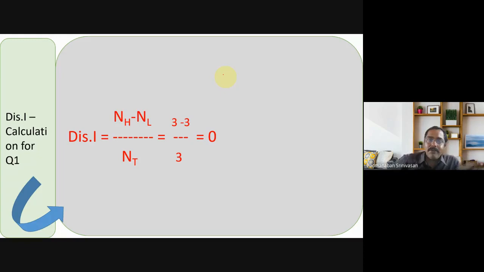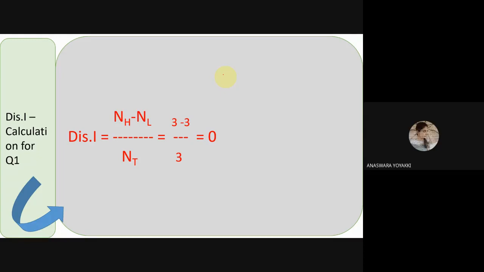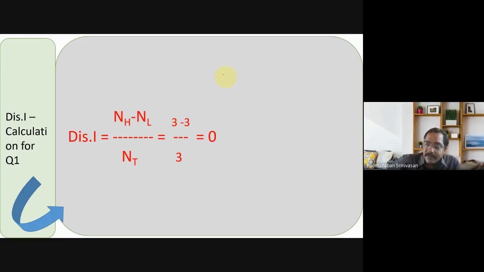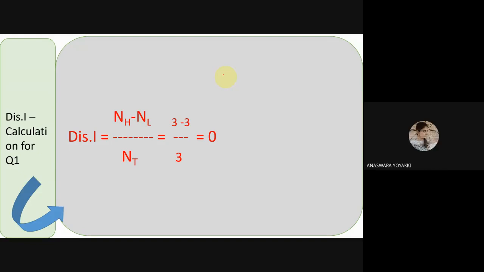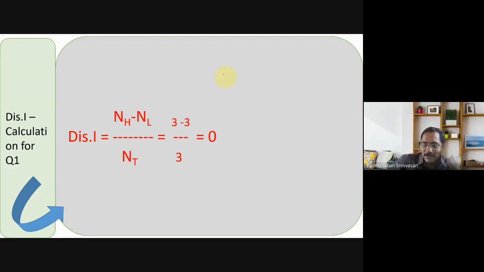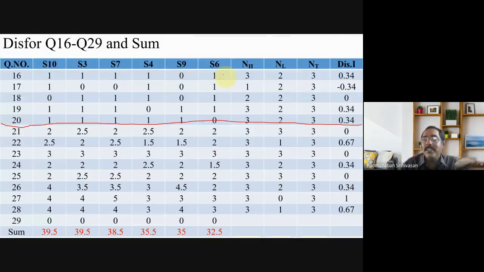You have the value for difficulty. Now we find the discrimination index, sir, after the difficulty index. Yes. Now we find discrimination also. Now you have the index for all the questions. What do you do with them? What you did for difficulty, the same thing you are doing now.